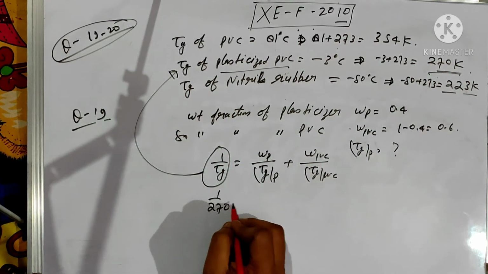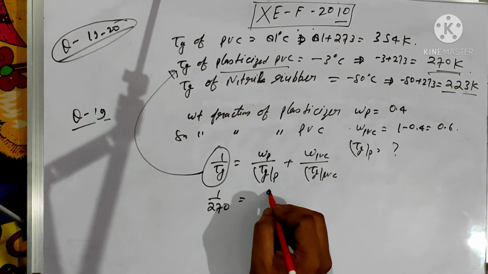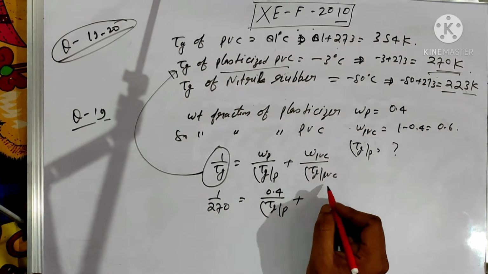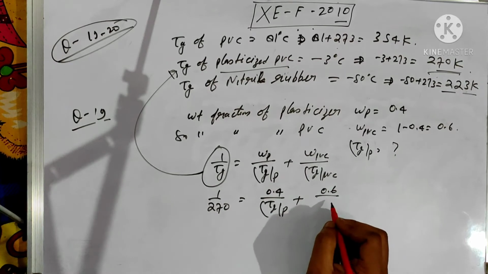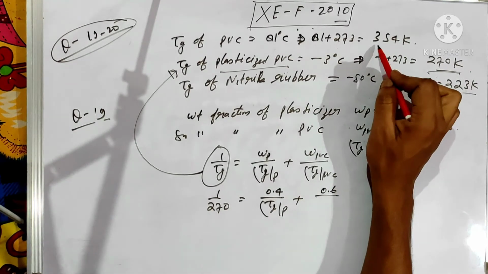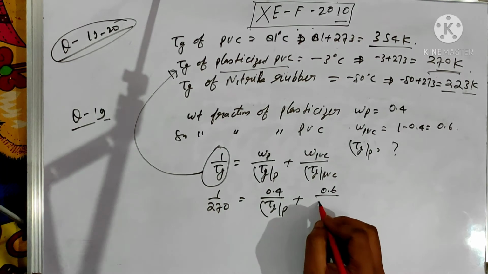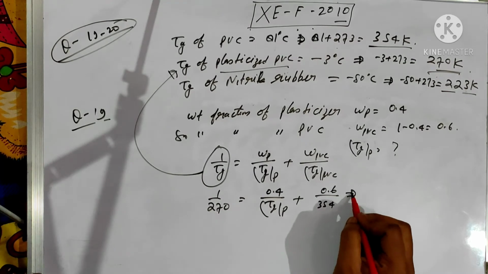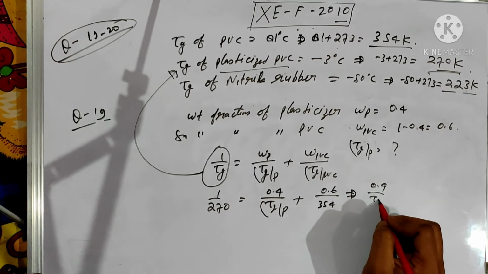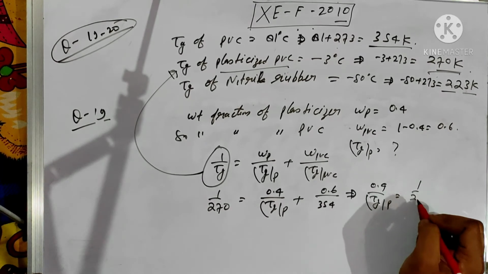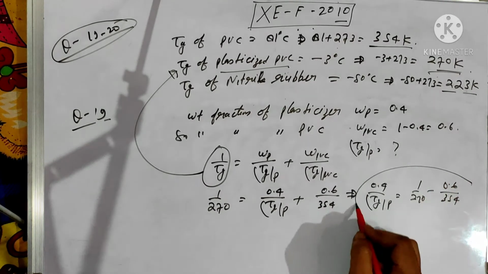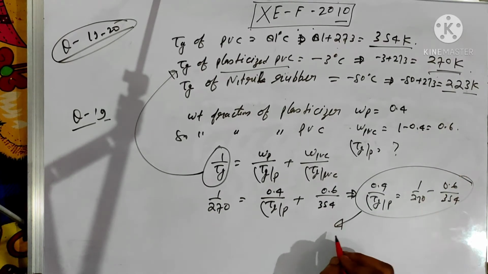Then 1 upon 270 Kelvin is equal to the weight fraction of plasticizer, which is 0.4, divided by the glass transition temperature of the plasticizer, plus the weight fraction of PVC, which is 0.6, divided by the glass transition temperature of the PVC, 344 Kelvin. Now 0.4 divided by Tg of P is equal to 1 divided by 70 minus 0.6 divided by 354. After calculation, you get the glass transition temperature of the plasticizer is equal to